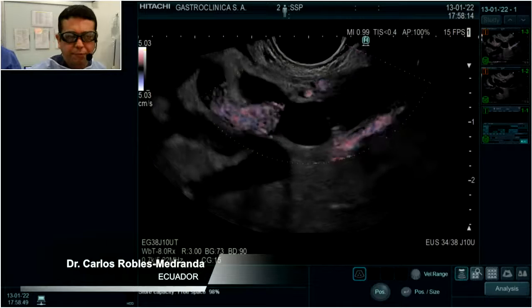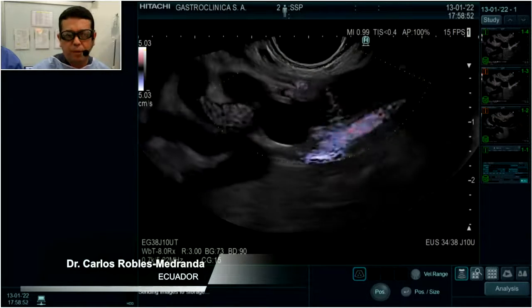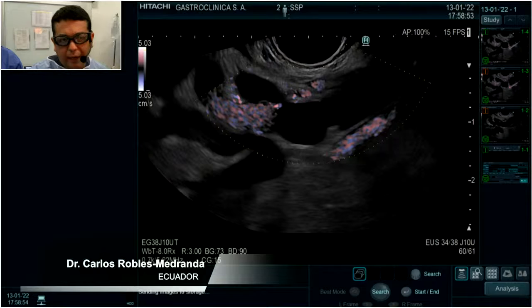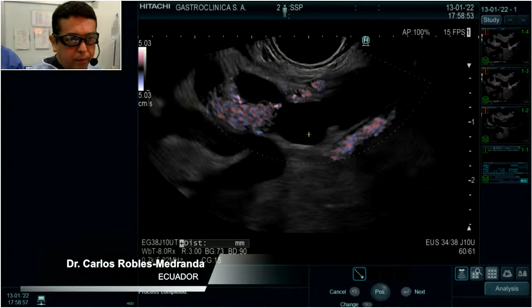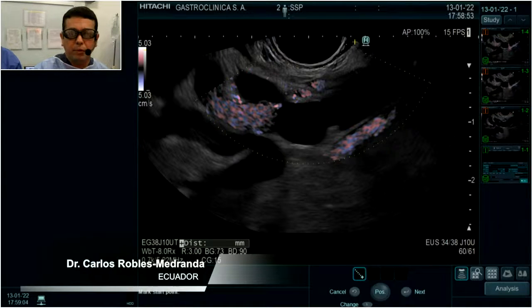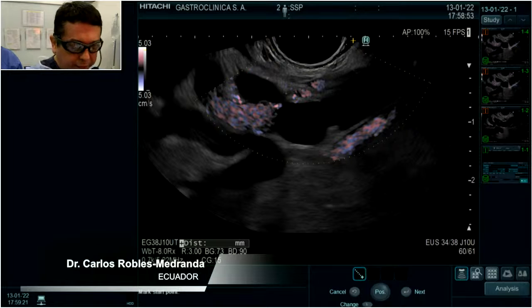So we have two kinds of strategy. First, if I manage to do something, it is to try to perform a balloon dilation by antegrade treatment and to see the anastomosis by cholangioscopy guided by US. This is a very nice and new technique. This is a hybrid technique that I believe is part of the future. And the second, if the stenosis is completely closed, I think we can do biliary drainage to the stomach,